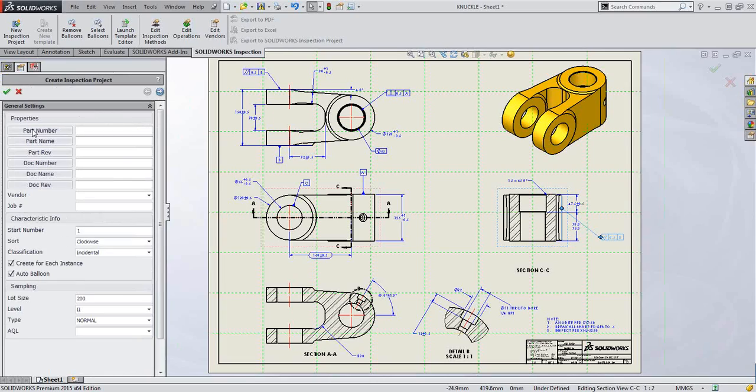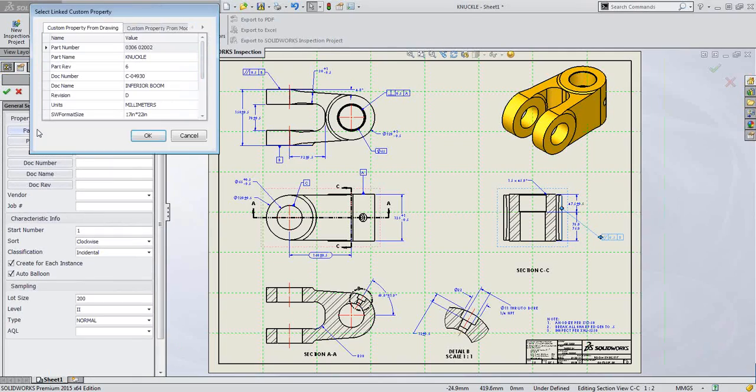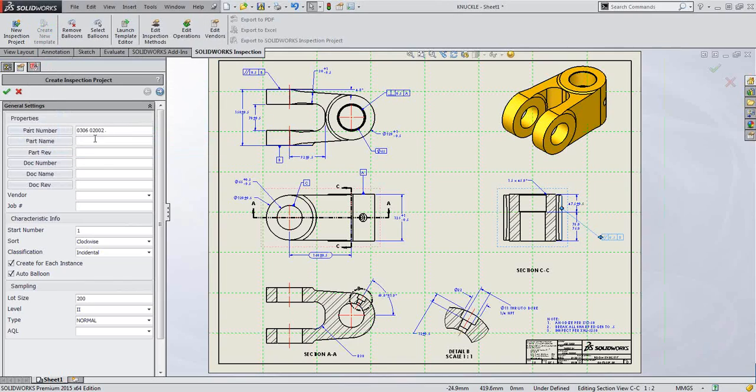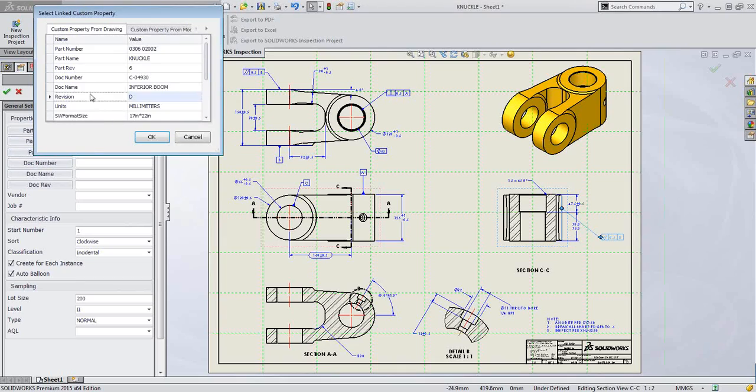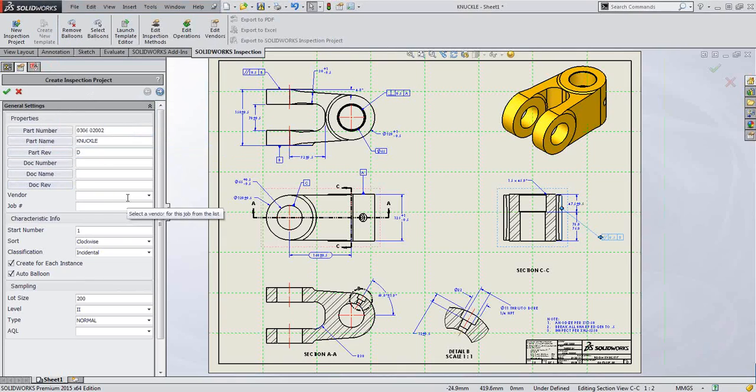Here you can capture some properties. As it's the add-in version, you can directly link these properties to the file properties that I have. I'll just go to part number. You can see there's a part number file property, so I'll double click on that and it will be captured. I'll go to name. I can capture name or revision. You can see I also have a vendor list. I can just select it from the drop down, which is already customized. Job